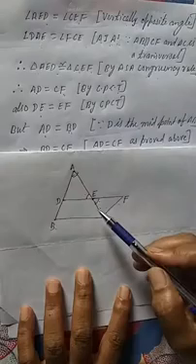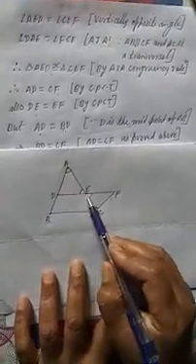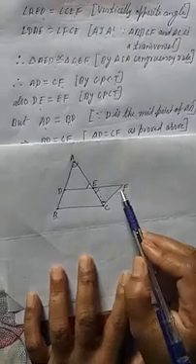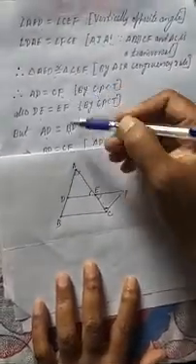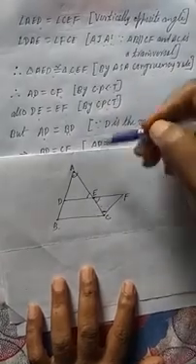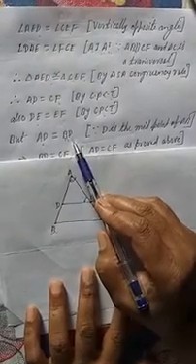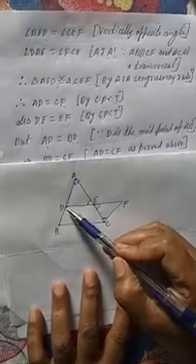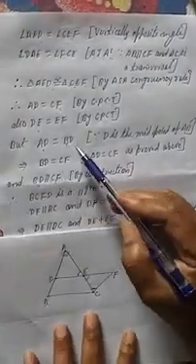And also we can write here DE equal to EF, this is also by CPCT. These two we have to use in the next point. Okay, now AD is equal to BD. Okay student, AD equal to BD. How? Because D is the midpoint of AB. That's why we can write AD equal to BD.